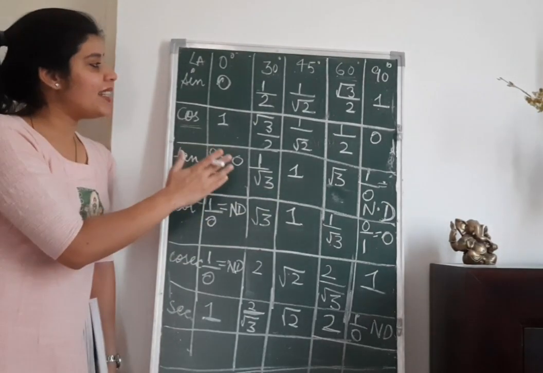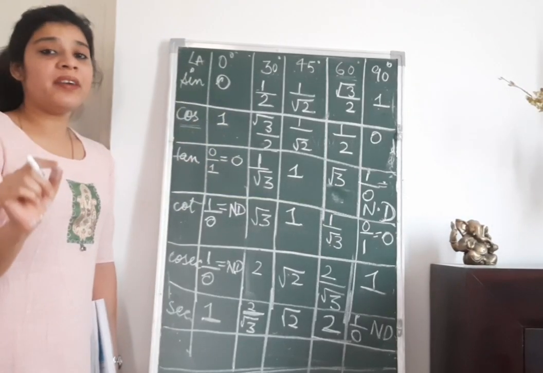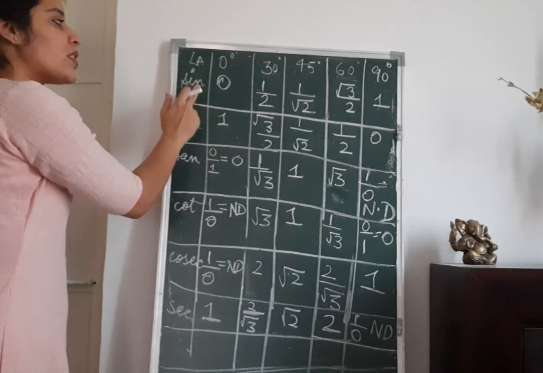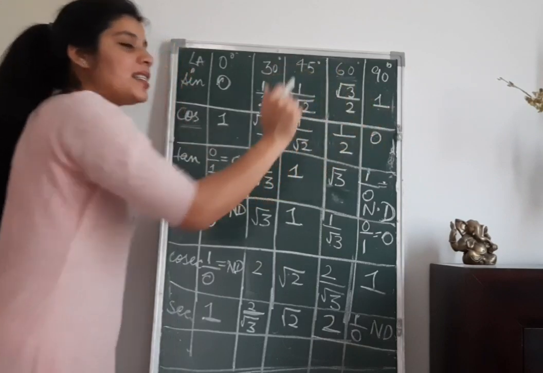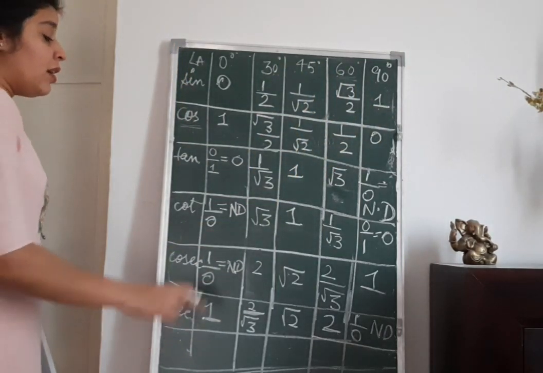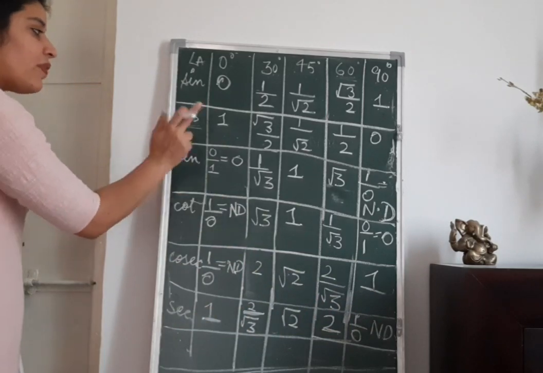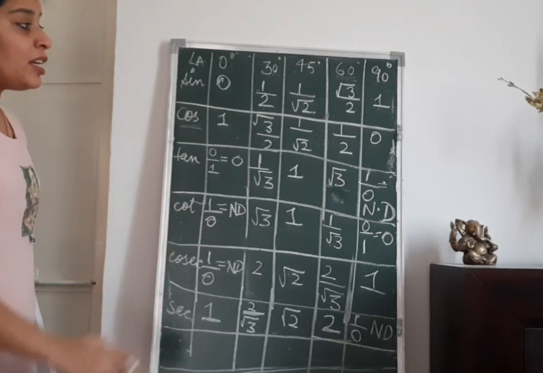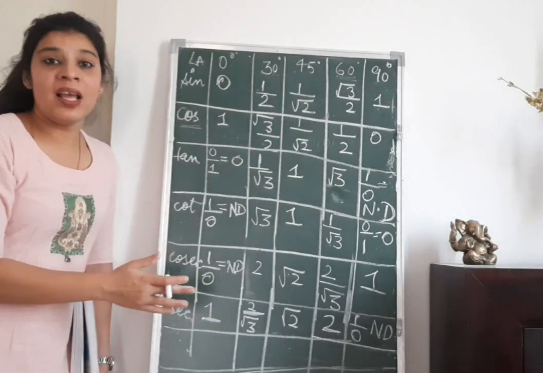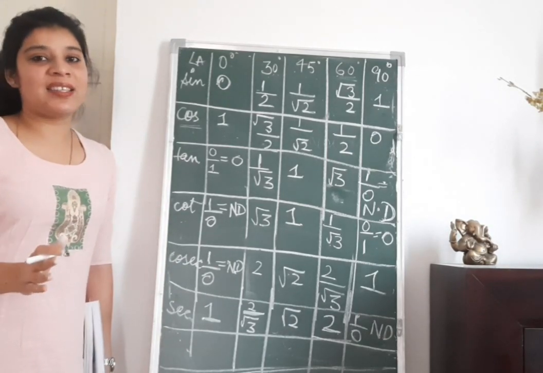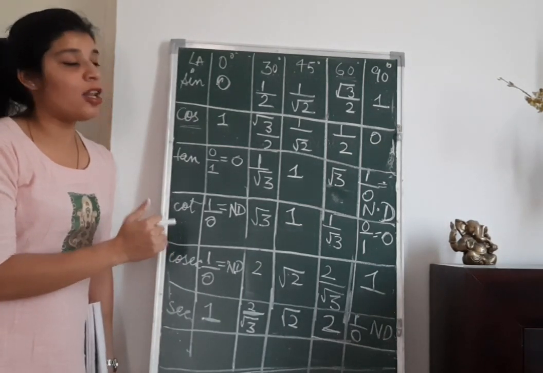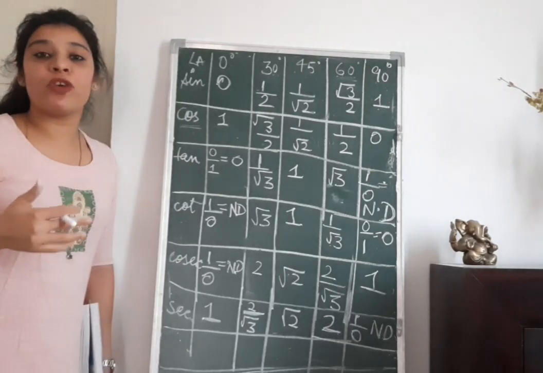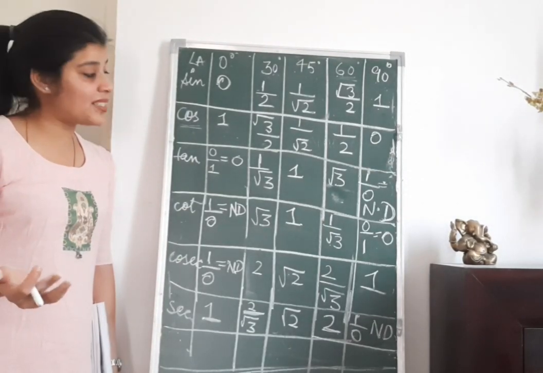So now you have clearly seen, if I know the value for one trigonometric ratio for all the angles, that is, if I have learned all the values for sine 0 degree, 30, 45 degree, 60 degree and 90 degree, then I can easily find out this whole table. Then I can easily find out the values of all these angles for cos, tan, cot, cosec and sec. So this is how you have to learn this table, and you have to make this table quickly in your exam. It is a really important table, and a lot of questions are asked on the basis of these values. It is important not only for your board exams but also for a lot of other competitive exams.